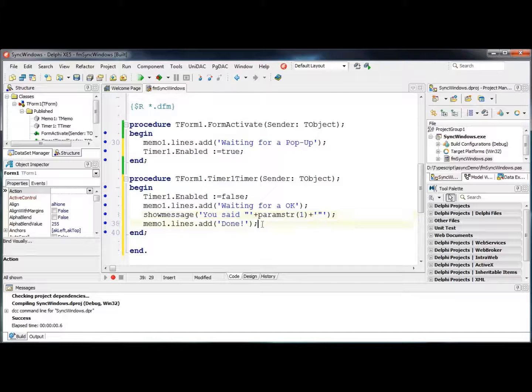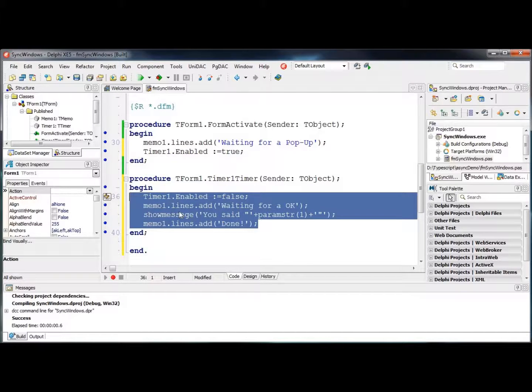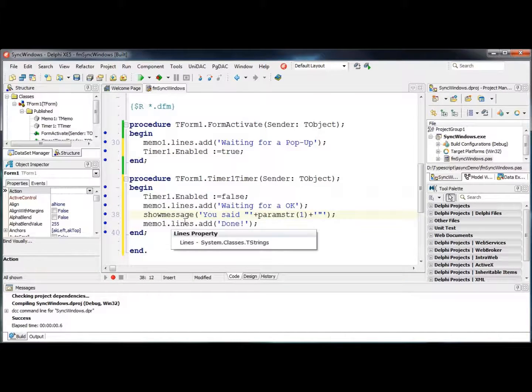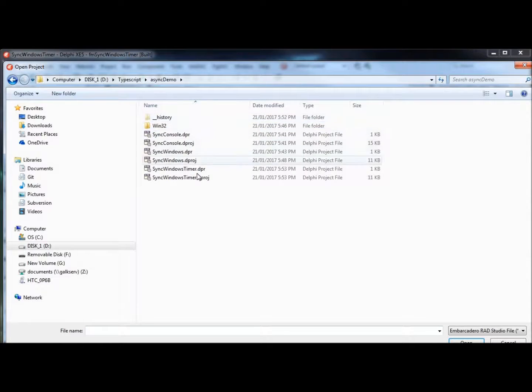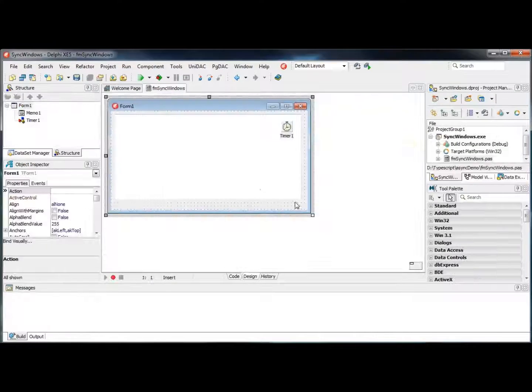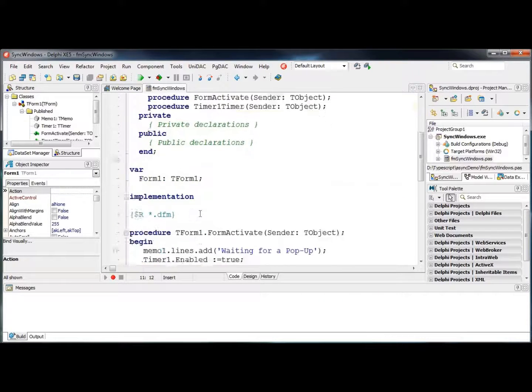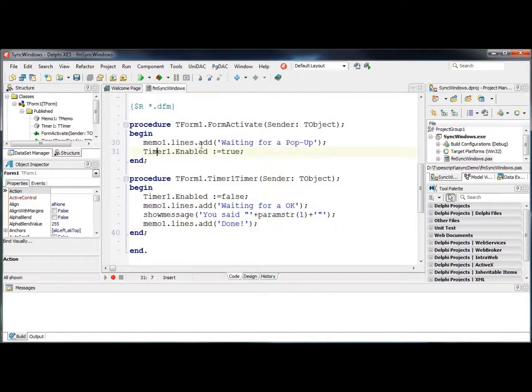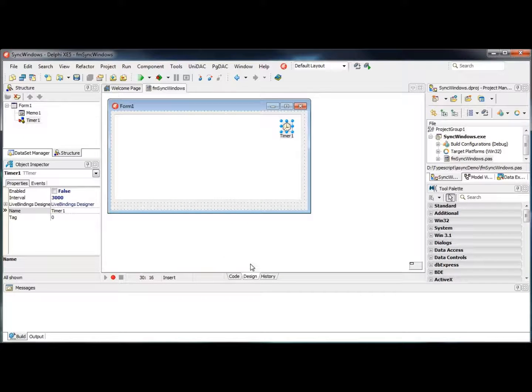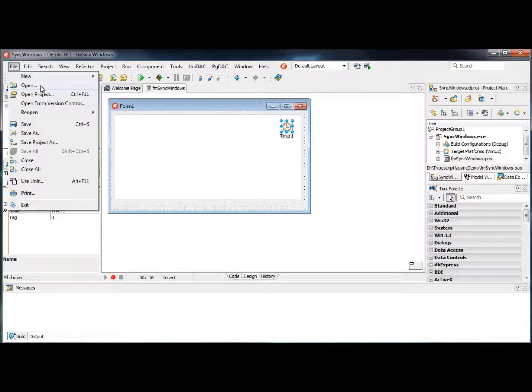So old problem, old way of solving it, different approach, and the approach we're going to look at now is actually what's really going on under the hood when we get to the final solution. So just bear with me again here. Let's save this one off. Demo, I'm going to open back up our Windows one. Okay, so this was where we were just before. So we had the timer. Okay, and what we're going to do instead is use a different approach here. What I'm going to do is make a new